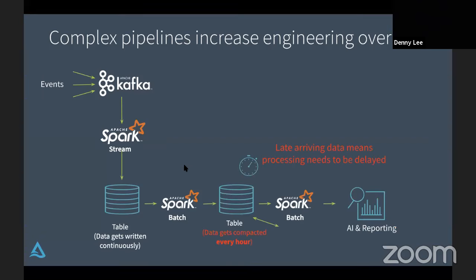All right, then let's add the fact that, okay, well, how about if there's late arriving data, right? In other words, the data that was supposed to be processed every 5 minutes or every 10 minutes. In fact, there's data from 2 days ago that they forgot to process. I need to go back in and process it. So that means in that case, I have to potentially delay processing because of the delay in that data.